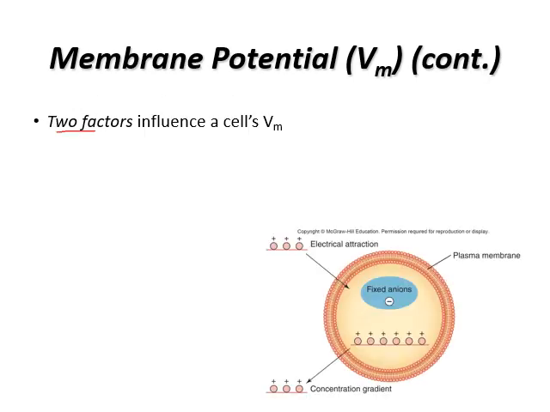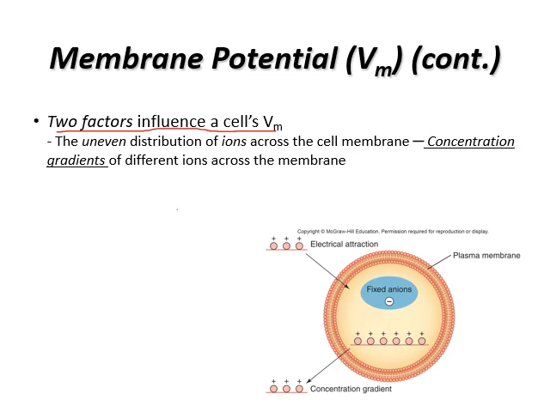So, two factors. The difference in ion concentration is the first part of what's maintaining this membrane potential. Another factor is these large negative fixed ions in here. But the real main factor in keeping this membrane potential in that negative 70 millivolts range